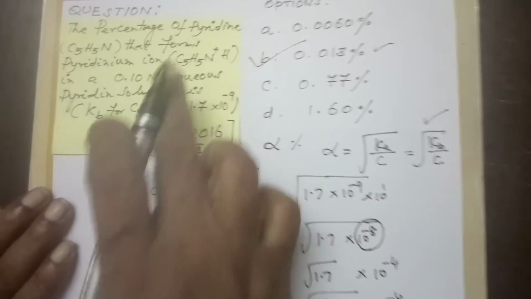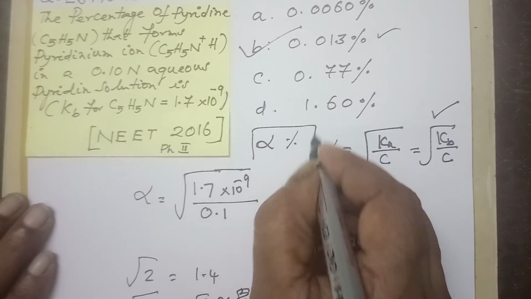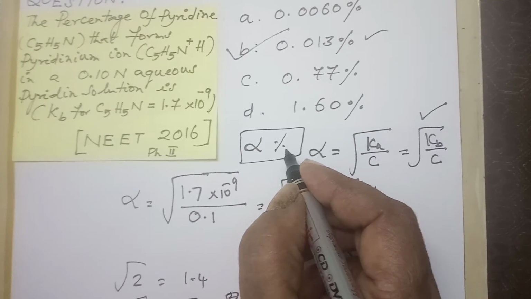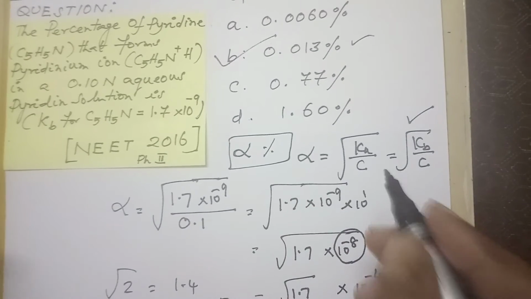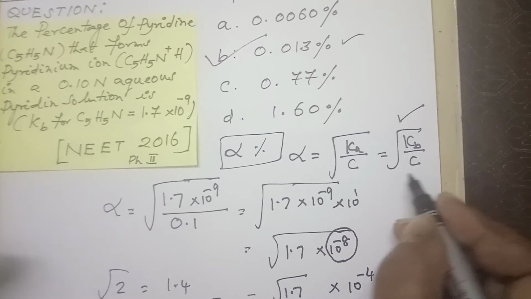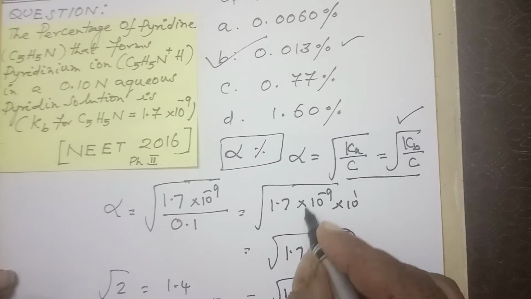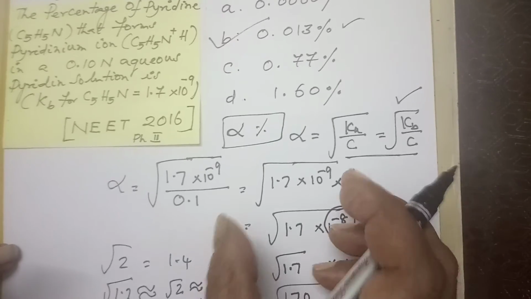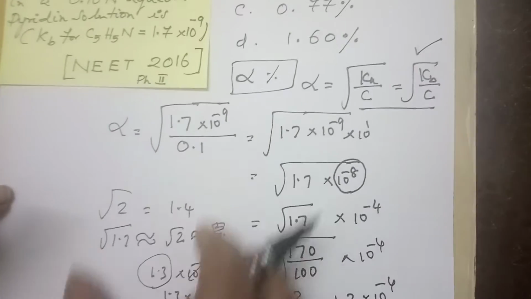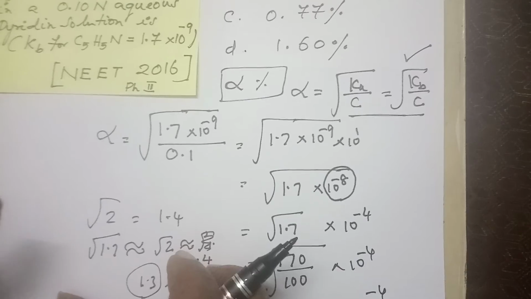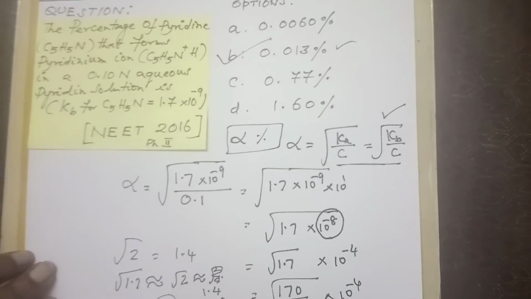Point number 1: the question is tricky, they are asking only the percentage degree of ionization, which you have to identify. Then you write the formula for the base. This is an easy formula. The final trick is that I did this solution in two methods: one is the systematic method, another is the fastest method. Like that you can approach the sum, children.